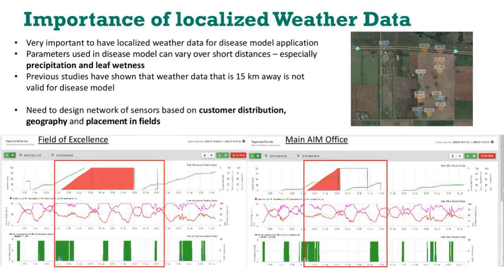So you can actually see a difference. I wanted to do a little study to show the importance of localized data. So here at the Discovery Farm, you can see a layout of all the devices. You can see the weather station up at the office and the weather station down here at the corner, which is maybe a mile or so apart in the actual field. And you can clearly see the model sensitivity to the actual data.